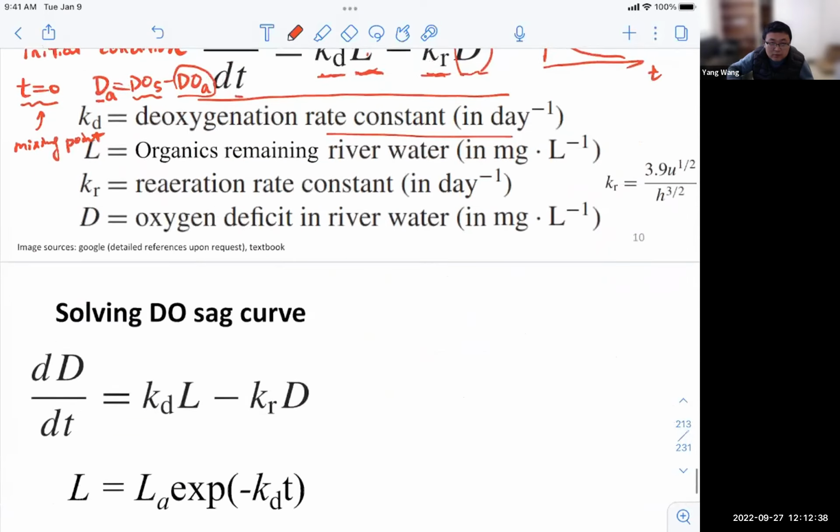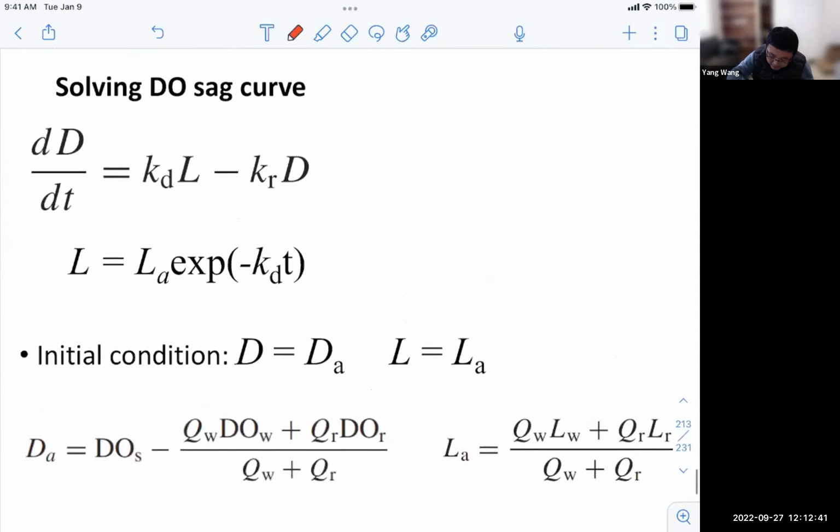If you remember, when we introduced the physical mixing of two streams, if you can recall the problem of mixing two streams that have salt inside, about the snow melt, we have one stream, the sewer water, that has salt, and the other stream has clean water, and then there's a physical mixing. It's the same for the oxygen. The dissolved oxygen concentration in the wastewater is going to mix with the dissolved oxygen that's in the river water, and then you can find out what is the dissolved oxygen